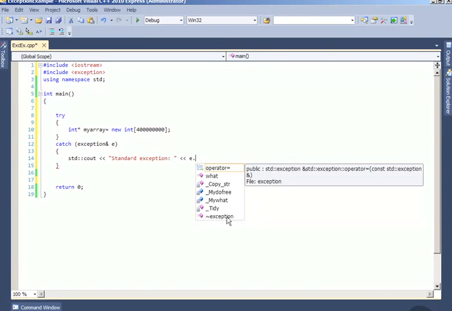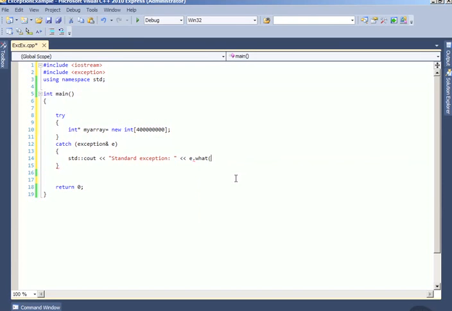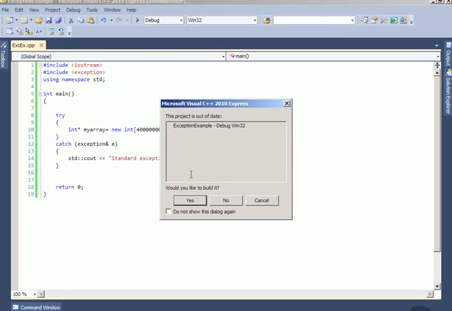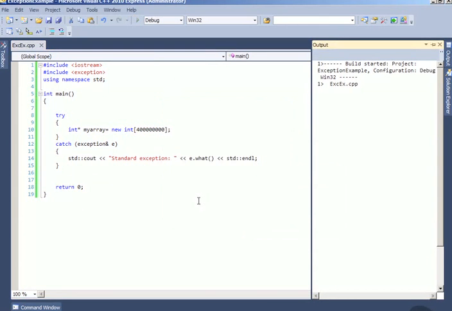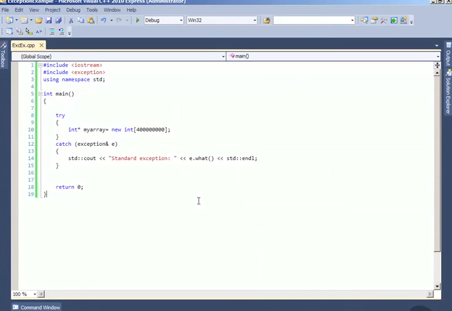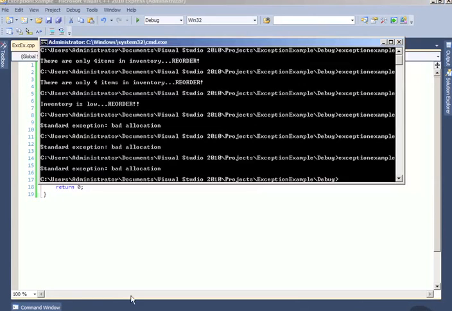Tidy, and this is the destructor for it, but what I'm interested in here is that I will call what, and that is going to give me some textual information about the exception class. Okay, and notice I've closed out my catch block here, and so we will now run this and see what happens. I will build it,